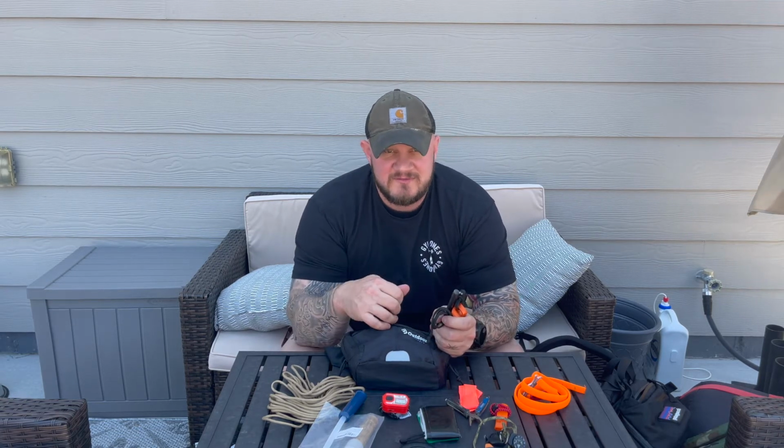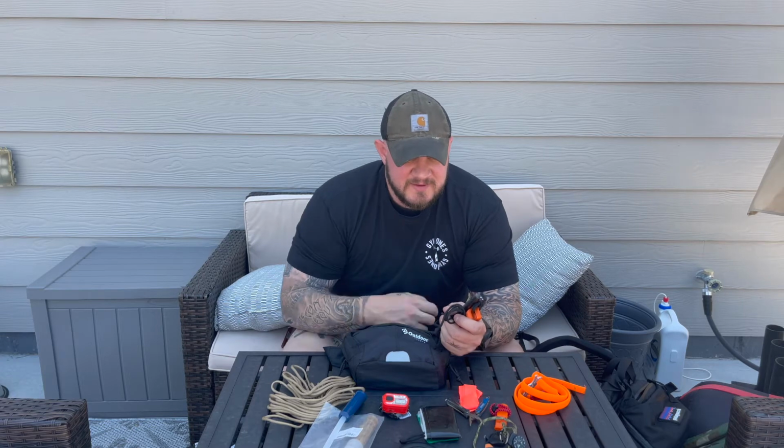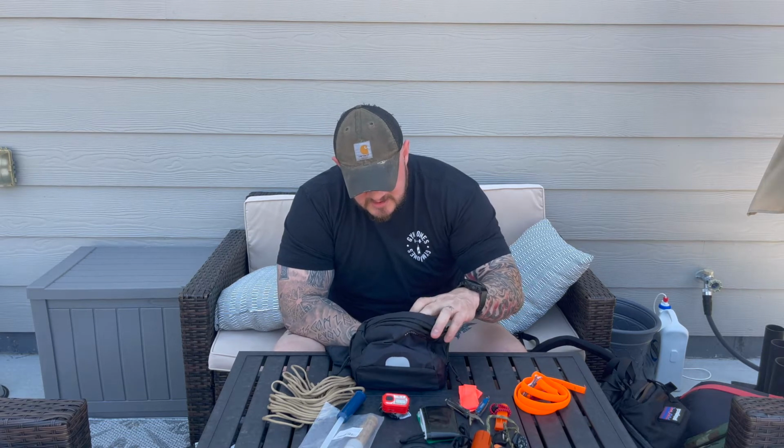If you know how to just scrape the fat wood off and get a little bundle there, or if you know how to use the light by fire, you're going to get a fire with that pretty easily. Okay,